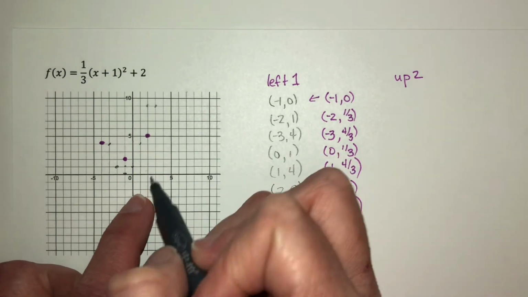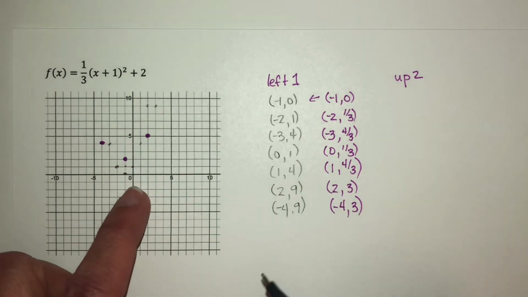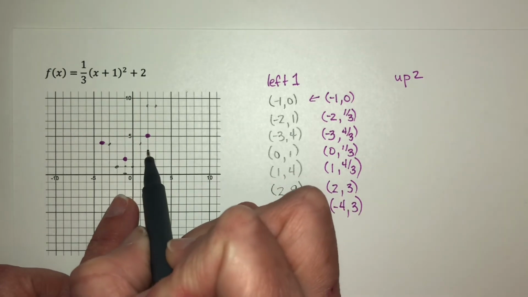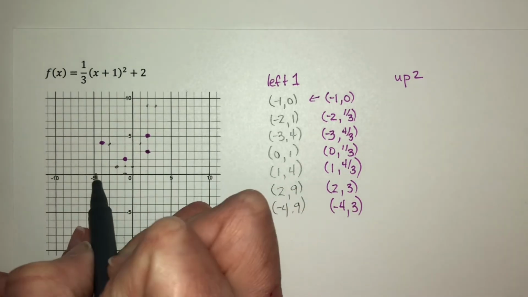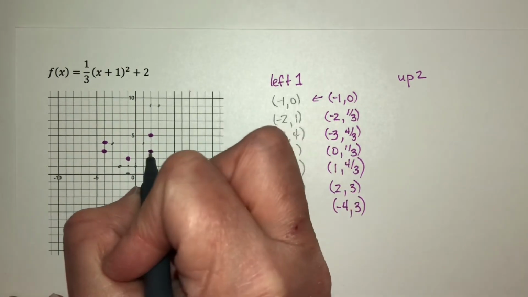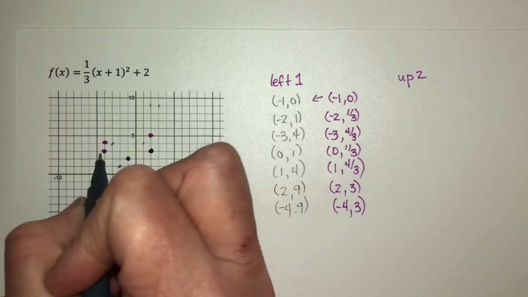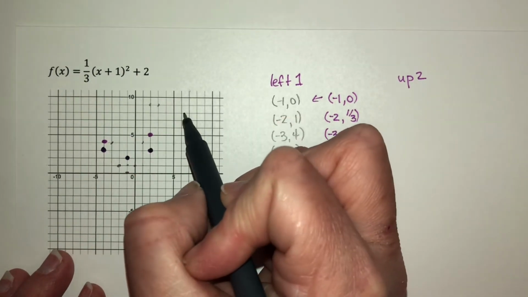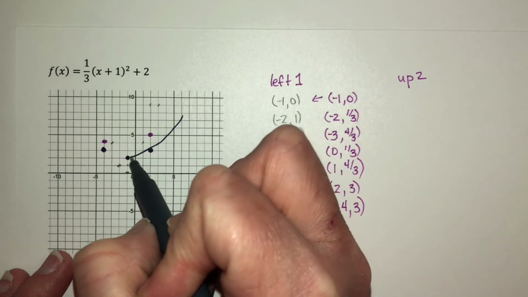I can't graph at all. This is crazy. I'm sorry. 2, 3 is here, and negative 4, 3. Obviously I can't count, and I don't know what's going on, except that I'm filming this on a Monday, and it is very Monday. So now we connect these,